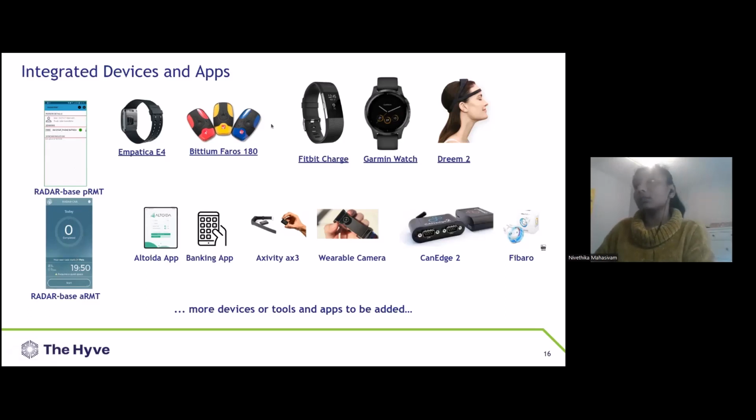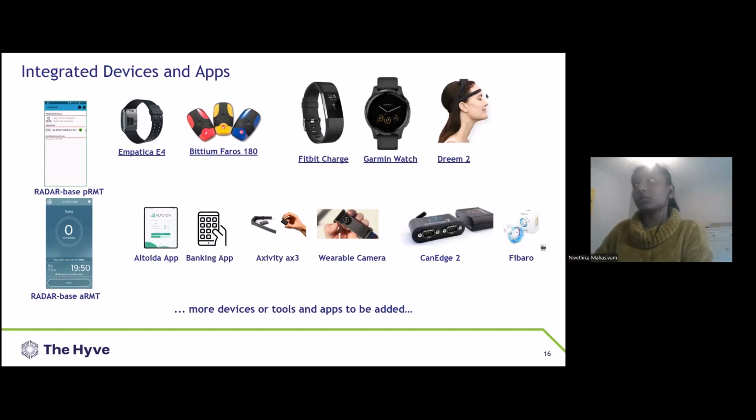Next to that, you have Nivethika and Bitchin. These are more medical-grade devices. They give you raw data on some body signals. And then these are more consumer-based devices, which give you aggregated data on your activity,